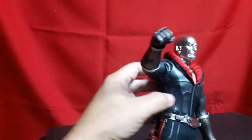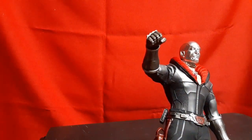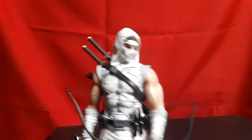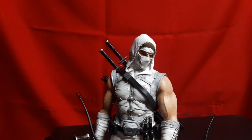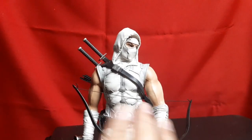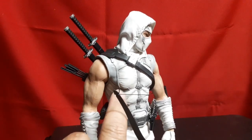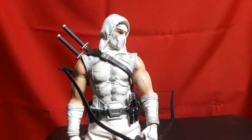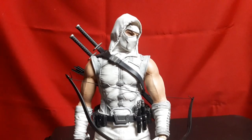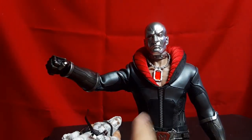The good thing is, and I kind of wonder. Now here's Storm Shadow again. I'm bringing him out as a comparison with how Threezero is developing these figures, right? So you see this nice detail on Storm Shadow, the musculature that's going on, but this is hard rubber, so you don't have any articulation in the entire torso, which I think is too much of a sacrifice for this figure. Now, going back to Destro, you still have the same design elements going on in the fabric,